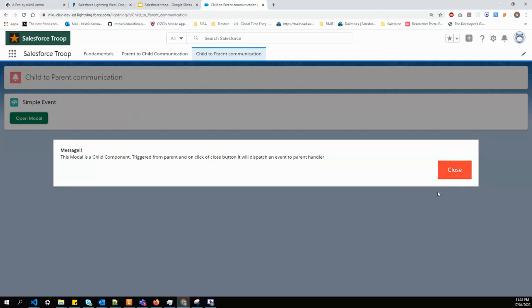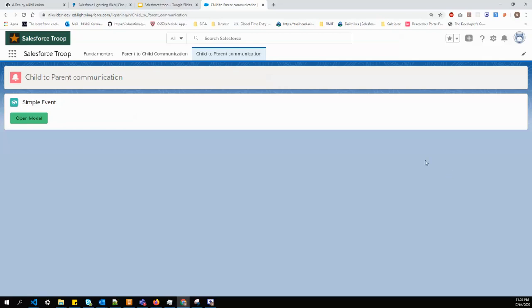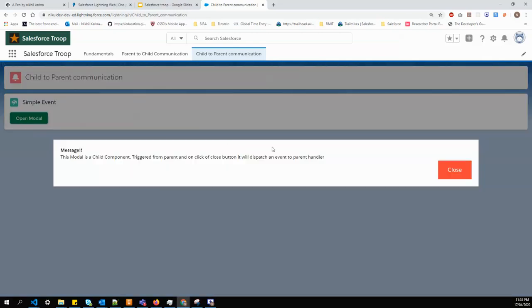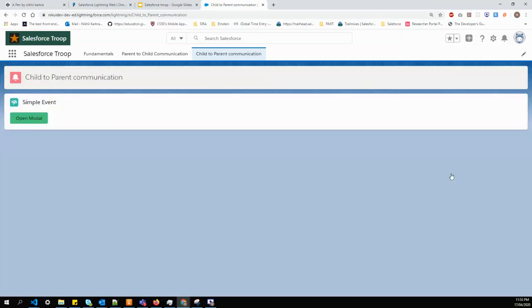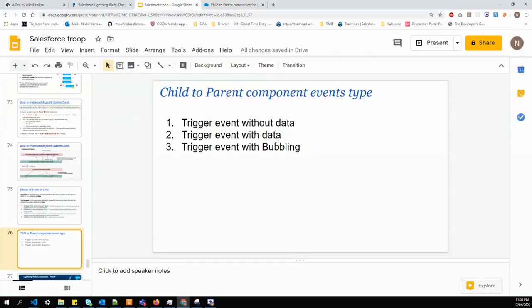So this close will trigger back to the parent method that was attached to the custom onclose event, and it closed the modal. So this is the basic, or simple, event that we use to trigger any method in the parent component. In this scenario, we are not passing any data. So let's move on to our next demo, that is trigger event with data.